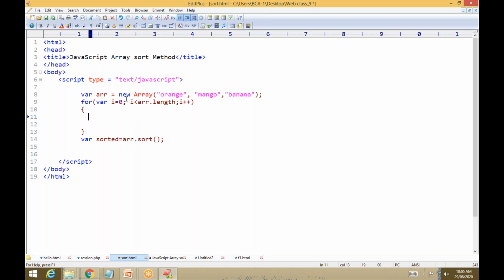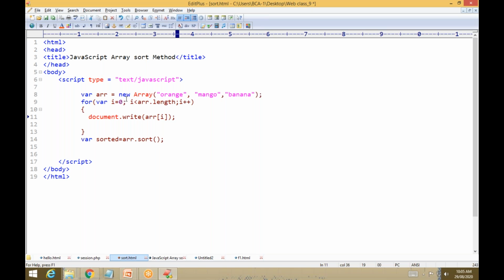Within that you write document.write to display the elements available in the array. In brackets, the array name with the index value, because every element starts from 0, so we travel from i, that is 0.